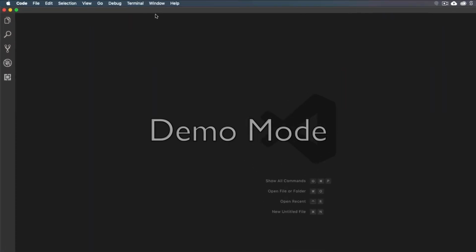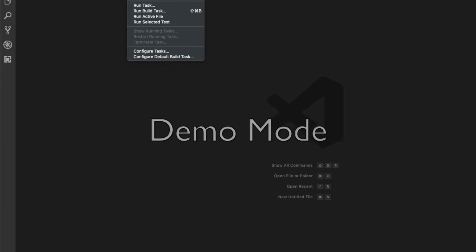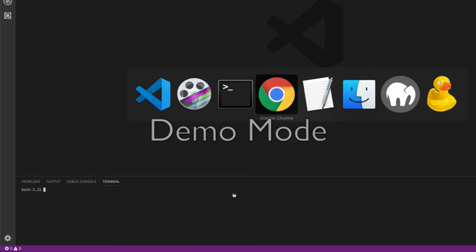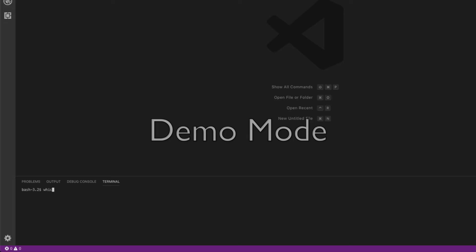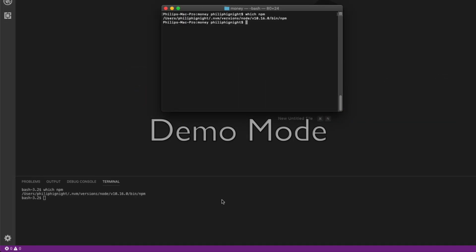Now open the terminal again. We'll see that the error goes away. And if we do a which npm again, we'll see that this time it matches the path for our external